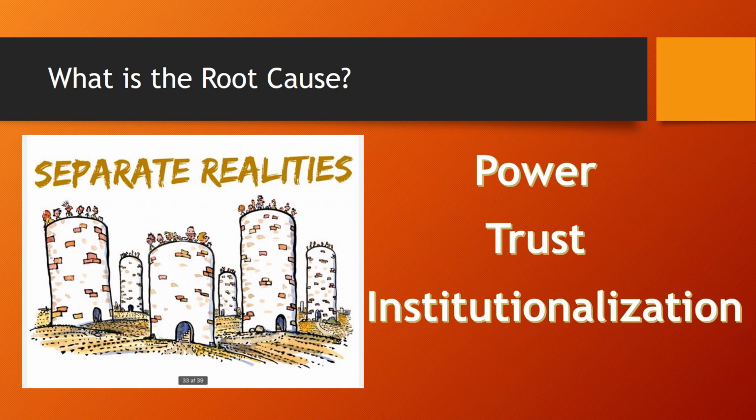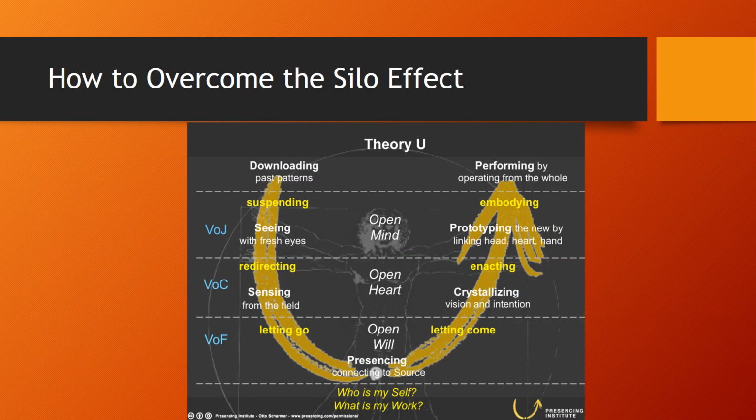So what do you do about it? Now there's the second thing. Okay, so you've come to the conclusion, we're siloed, and you've even maybe figured out what that problem was. Maybe it's with you, maybe it's with something that's there, but you see some kind of incident. What do you do after that? That brings me to theory U. And there are some unique things about theory U that, if implemented, can help you to overcome the silo effect.